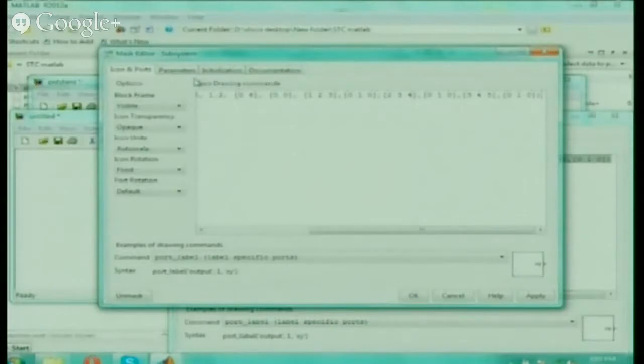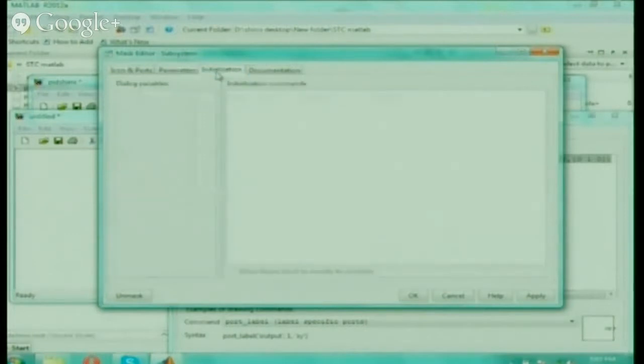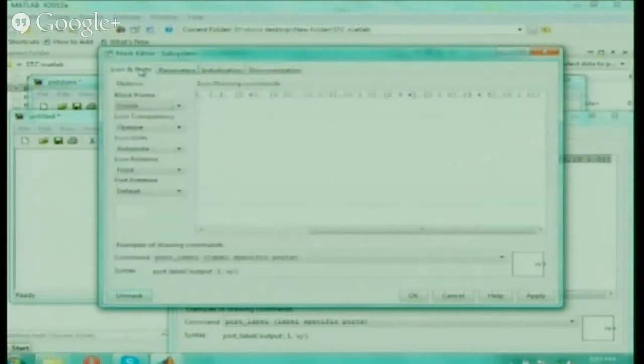Similarly, when you are doing the modification, you have to do it for all the parameters. There you have to go and see what is the parameter. Same thing you have to enter here. You have to go and see the initialization that you have to do. You have to do documentation. If you want documentation, all those things you have to do, all the modification. Then it will become a block similar to the one which is available in the library, but now with two inputs that you have created. Okay, so now I am just applying, sorry, apply and then OK.